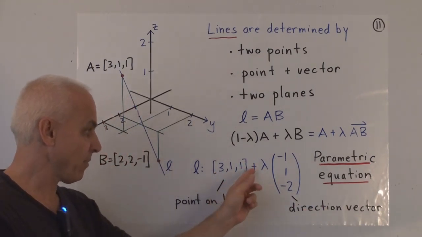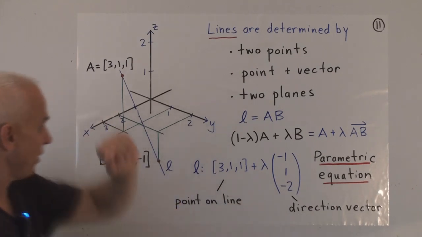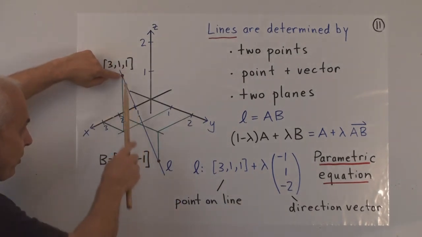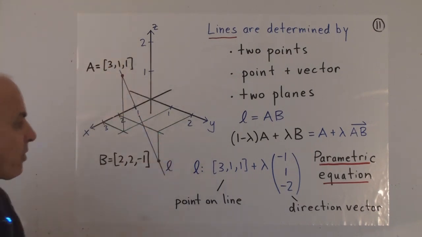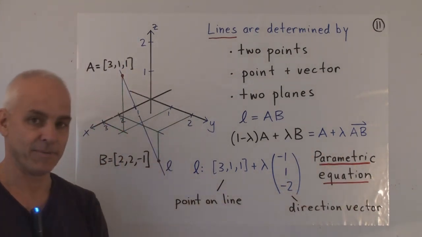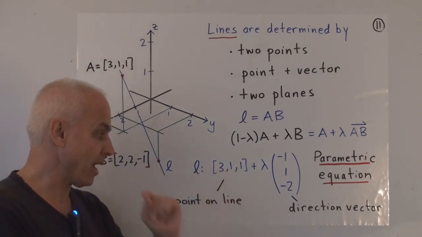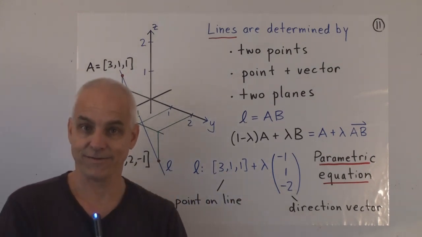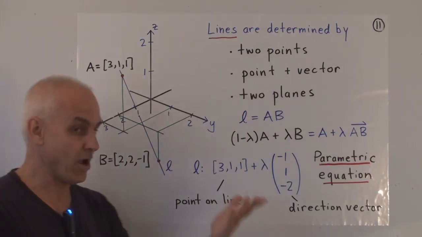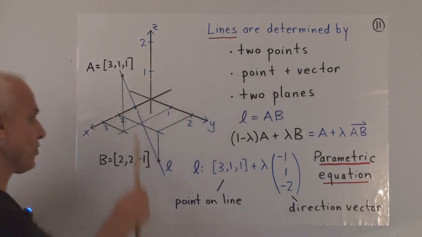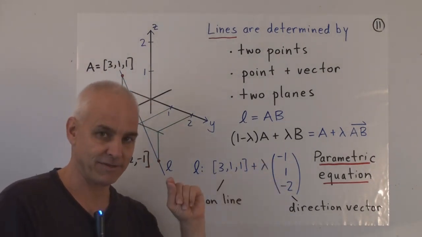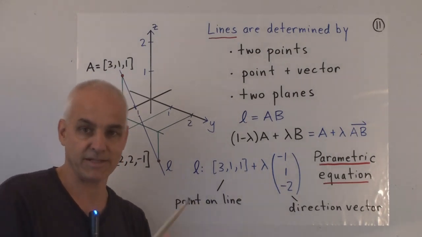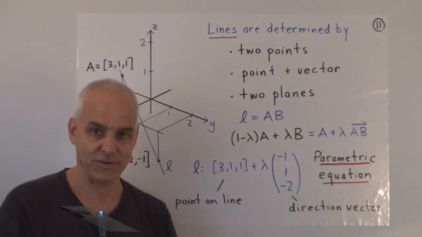So there's a point plus lambda times that vector. In other words, you can start at this point and you can go any multiple of this vector, either in this direction or in this direction if the multiple is negative. So that's a parametric equation for this line. It has 2 ingredients, the point on the line and the direction vector of the line. And these 2 things are not unique. Point on a line, we could have chosen any point. And the direction vector, well, we could have chosen any multiple of that, multiplied by 5 or -3/2, and it would still be a direction vector.